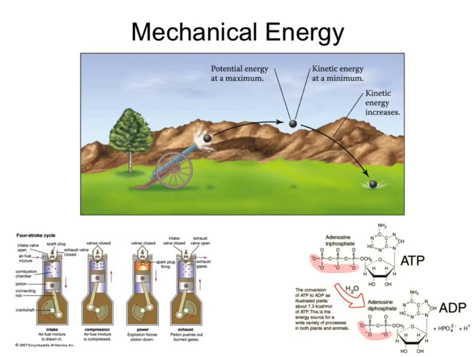Eventually, what happens to the cannonball? It flies through the air, and then it starts to drop. Why does it drop? Gravity starts to pull down on it and counteract some of that kinetic energy. Eventually, it hits the ground. What happened to all that kinetic energy? It's not just gone. It's transferred into the ground. The ground being larger can absorb that kinetic energy, and we don't really have to see much of an impact. Unless you happen to be on the ground next to it, and then you probably felt the impact.